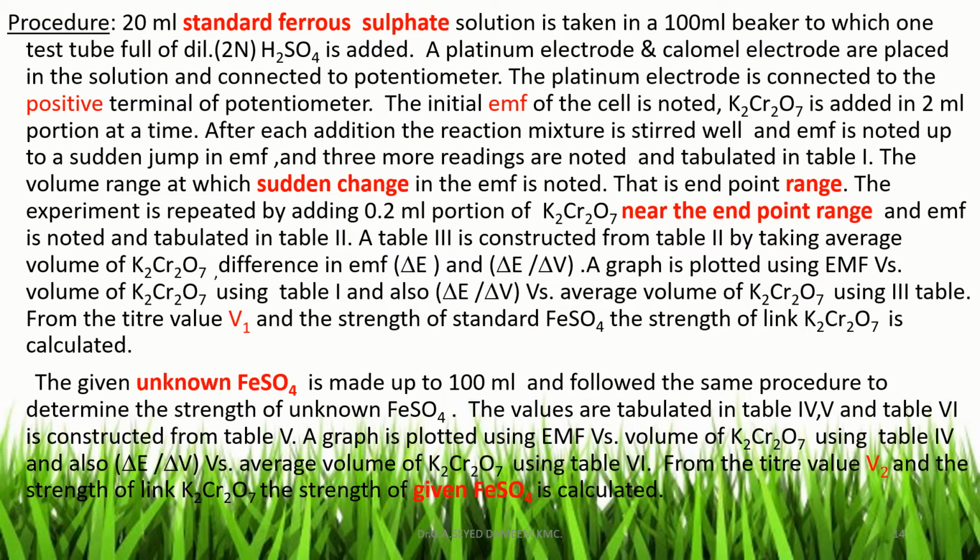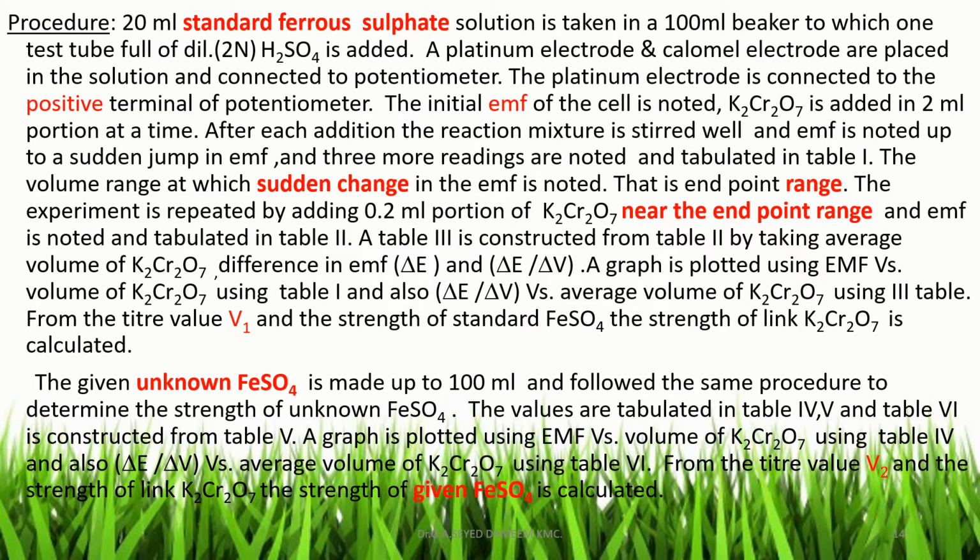Suppose the endpoint is 18 to 20, then the solution is added up to 17.6, and afterwards 0.2 ml of dichromate solution is added, and the EMF readings are noted. And here also there is a jump in the EMF. After getting the jump, 4 or 5 readings are taken,